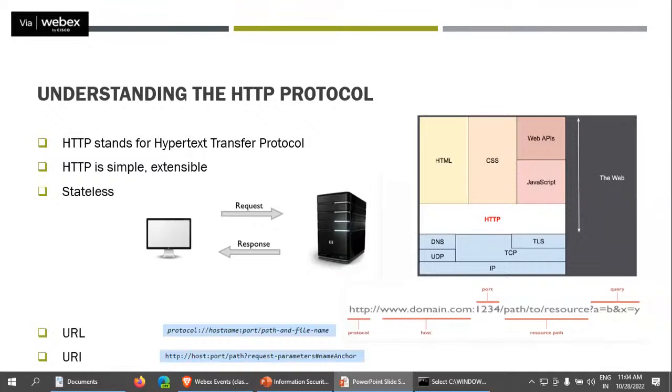Suppose I want to create my machine as a server. What I need is that it can listen to port number 80. That is the port for the HTTP server. If you are running a web server on your machine, it can accept or listen to port 80. So whenever a request arrives on port 80, it will communicate via the HTTP protocol.